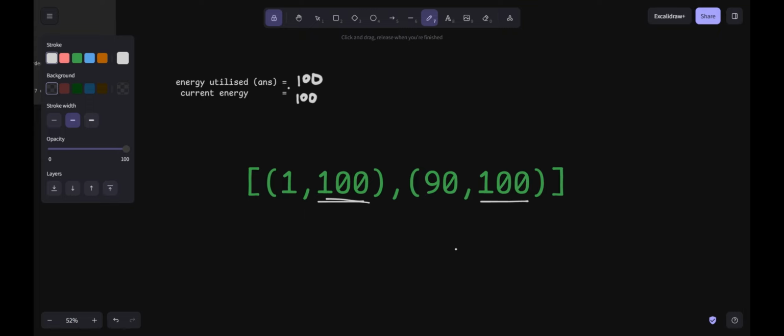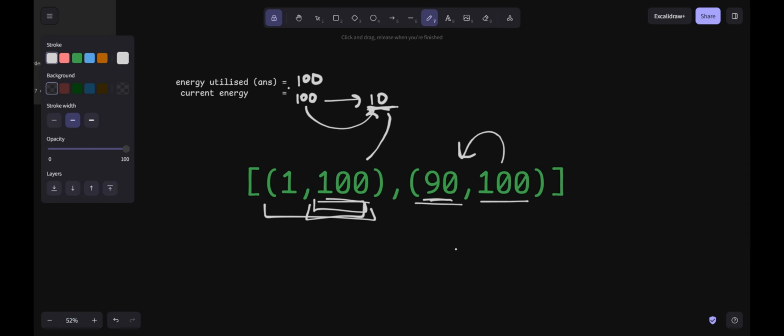And when I do task 1, this current energy is going to get reduced by a value of 90 and get reduced to 10, because the actual energy that I'm utilizing here is 90. Right. So from 100, it got dropped by 90 and got reduced to 10. Now my current energy is 10. Right. And I have to do task 0, and the minimum criteria here is 100. So in order to make 10 to 100, I would need to add 90 here. I would have to utilize 90 more units of energy from my side, so I'm putting in 90 more units of energy in order to do task 0, right?